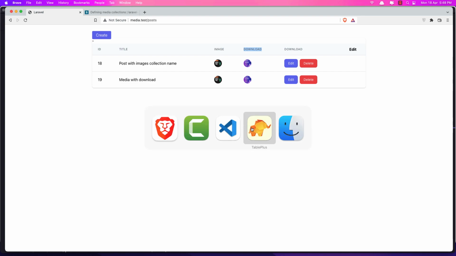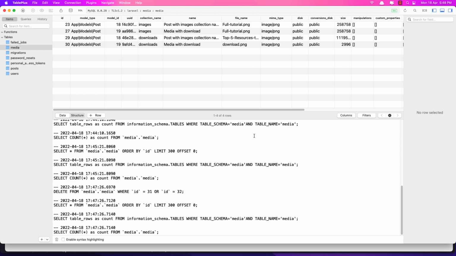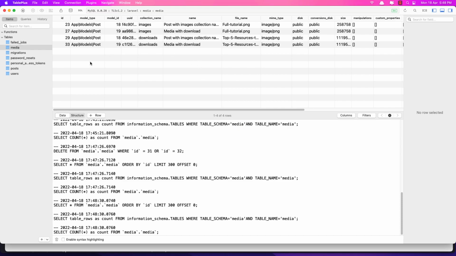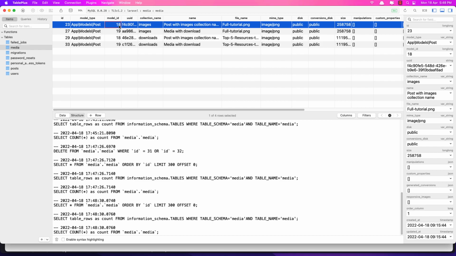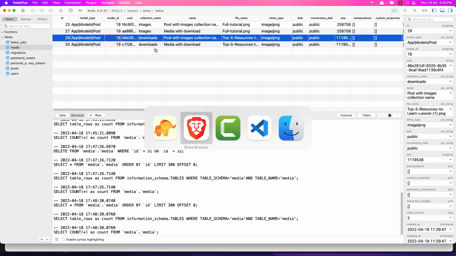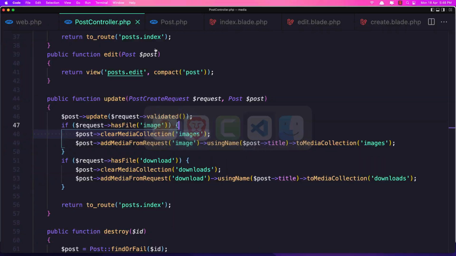So if you go here in the table plus, we have a single image for this post to the image collections and also to the downloads collection. Okay, so this post with ID 18 has one image to this collection and also one image to this collection. And because we have only that, we can use a single file.